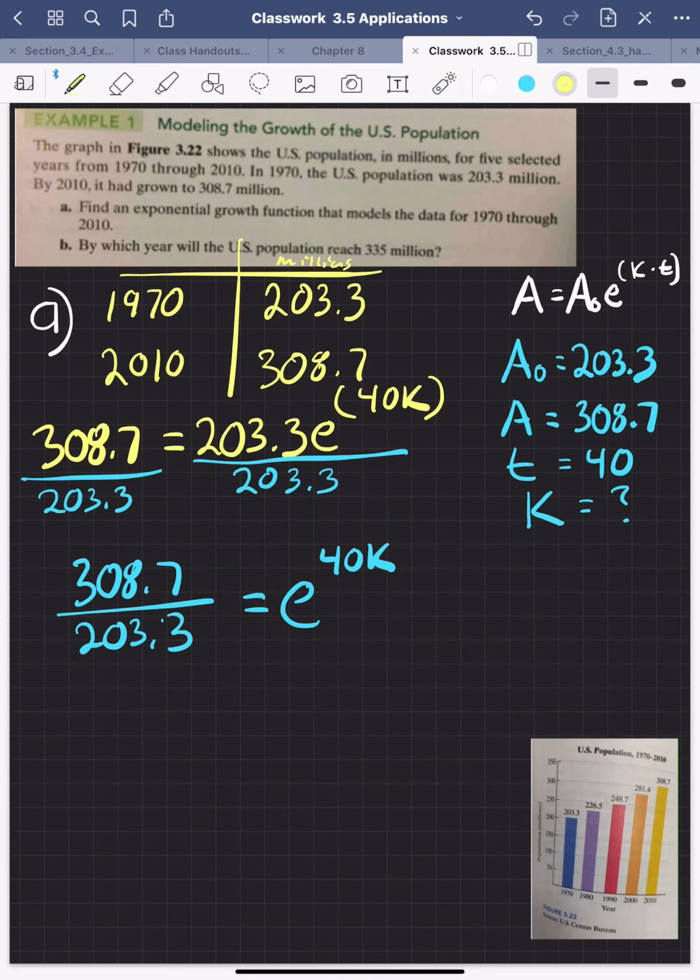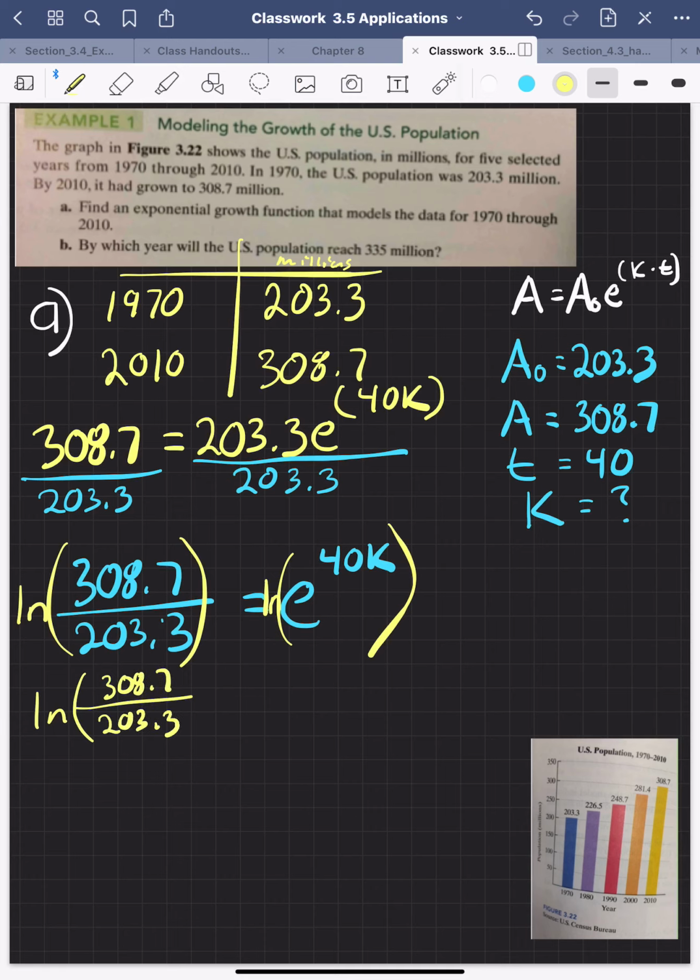So let me go ahead and do that now. So we're going to take ln of both sides. I'm going to go ahead and write that. So that's ln of 308.7 over 203.3. That's going to be equal to, let's go ahead and bring that 40k out front,